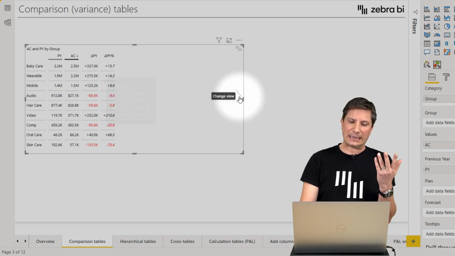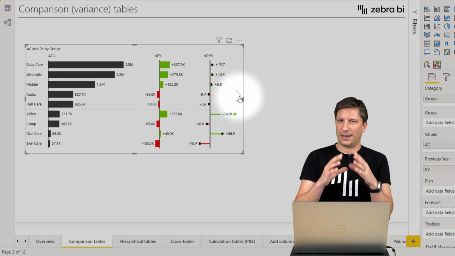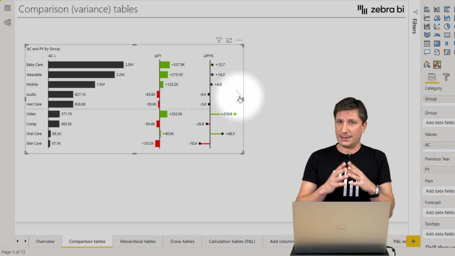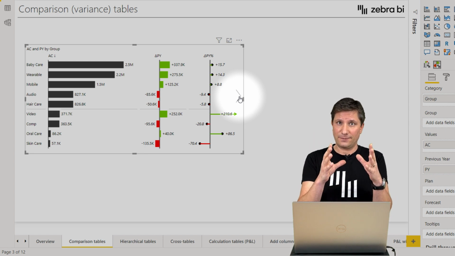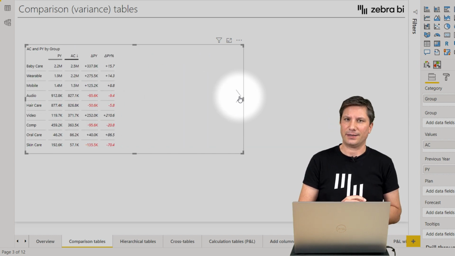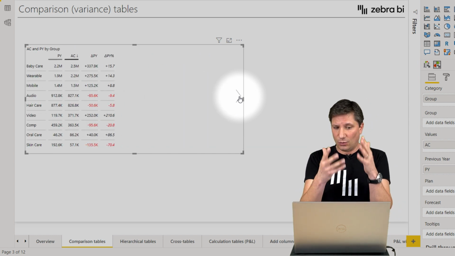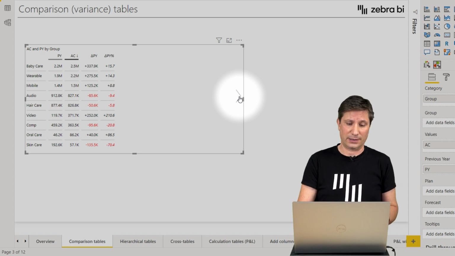So this allows you to design two views for the end users, and it's a good practice to have the more visual view by default, and then just let people know that they can click on the slider to get all the data and read through the numbers